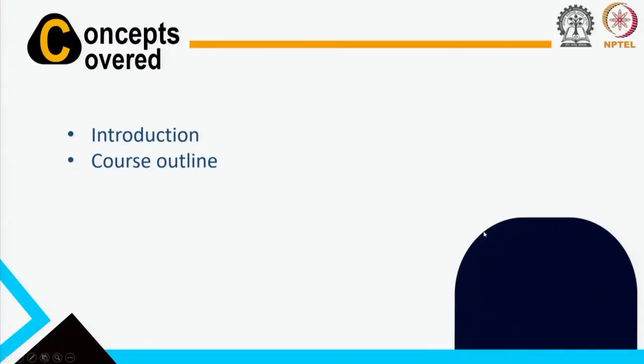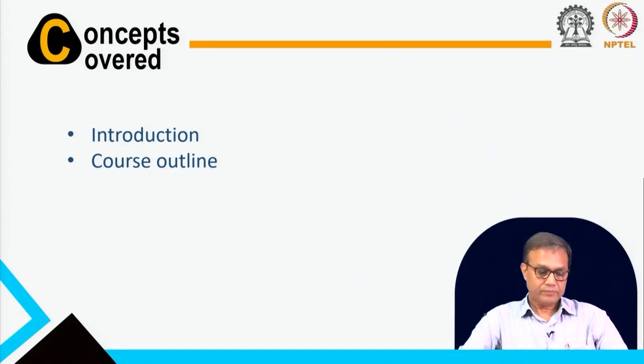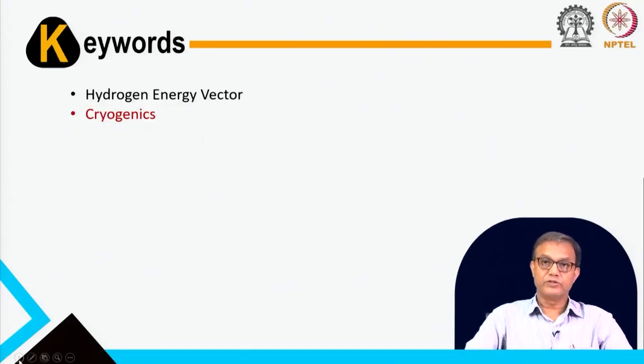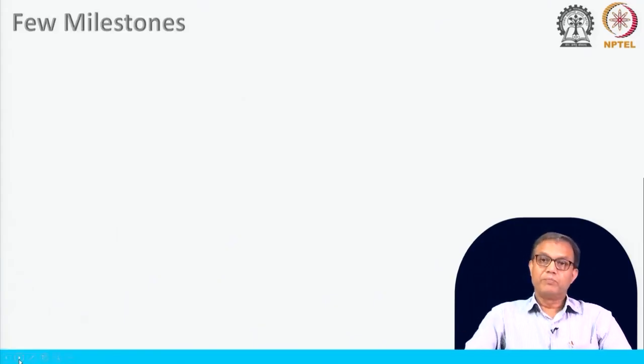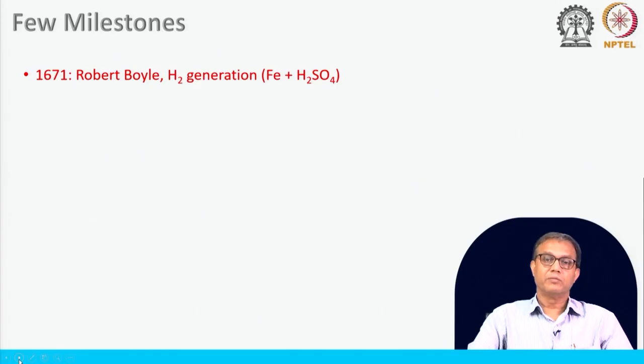So, we will give you a brief introduction with the course outline and we will try to understand what it means. These are the keywords: hydrogen, energy vector and cryogenics. So, let us start with the brief milestones of hydrogen, and we will find that some of the major milestones start with the